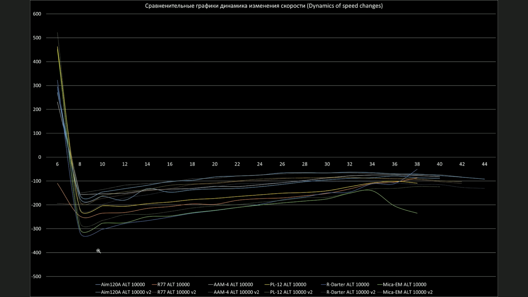Basically, the difference in acceleration, basically the dynamic of the speed change, okay? You can clearly see that the missiles are basically losing less energy over time, right? So you will see, for example, let me find the PL-12, I think it is, yeah. The PL-12 here, you can see that